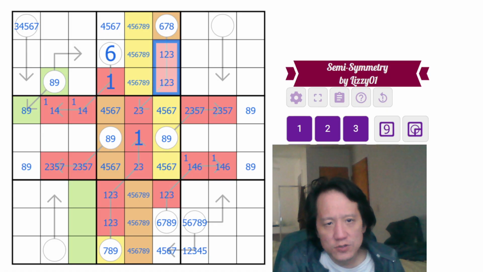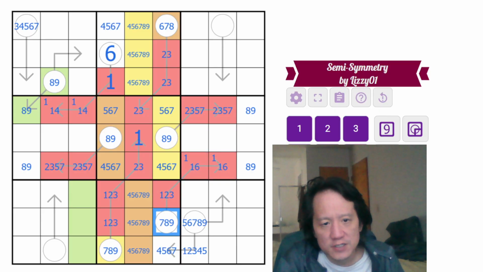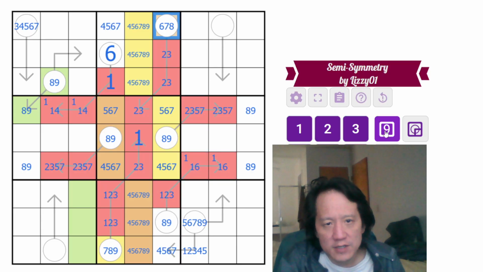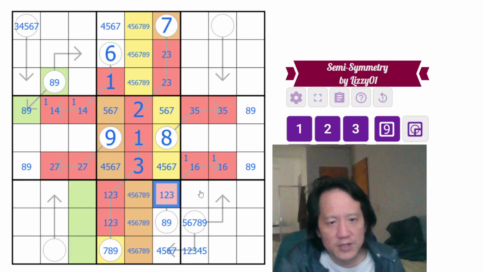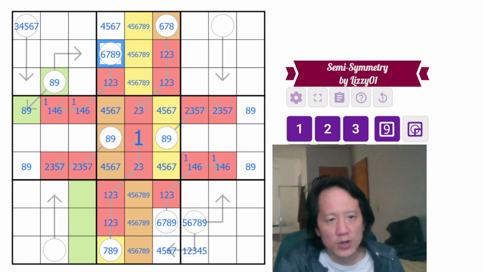So therefore, this is 2 and 3. These can't be 4. Therefore, the 4 has to be here, which means this can't be 4. So this is at least 1, 6. So therefore, this is 8 or 9. This can't be 8 or 9. This has to be 7. So this is 2, 3, 2, 3. Therefore, this is 2. Therefore, this has to be 3 and 5 to make this an 8, which makes this a 9. This is now 2 and 7. So this is 3. But we have a 2, 3 here. And this can't be 2 or 3, it's 1, so therefore you have 8 plus 8, so therefore that's 8, which is a contradiction. Therefore, we know this can't be 6 here, so this has to be 7,